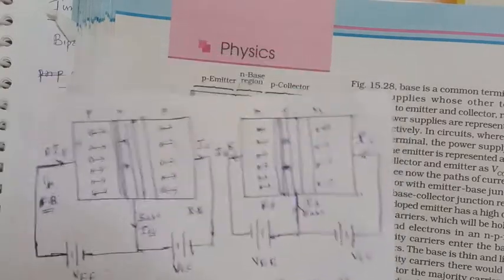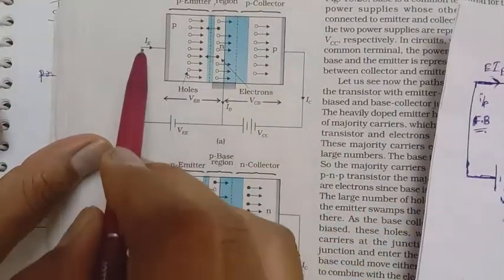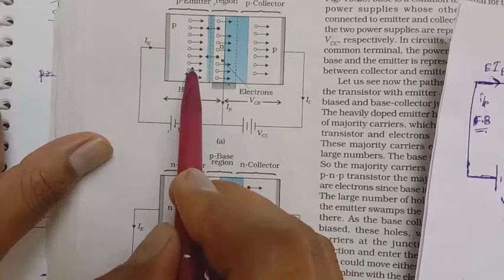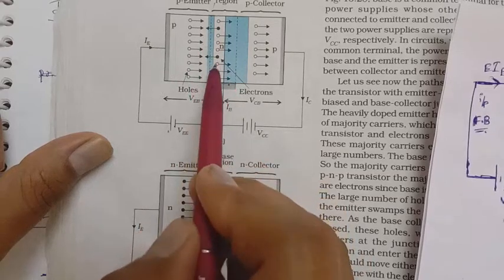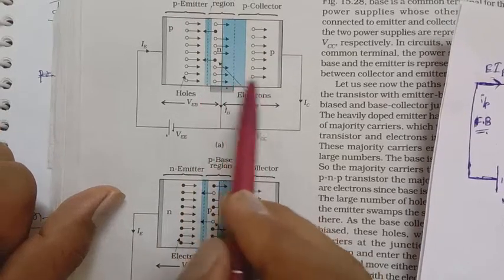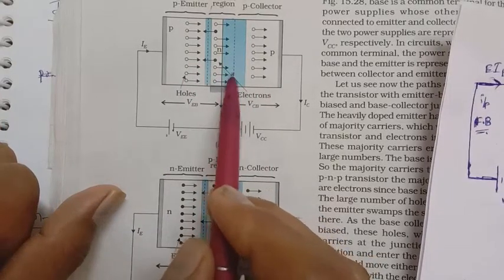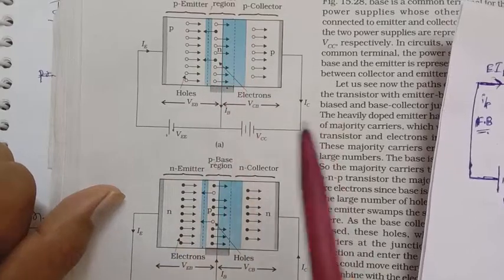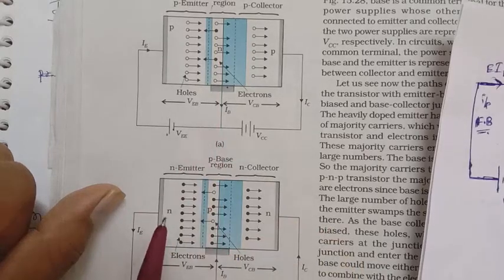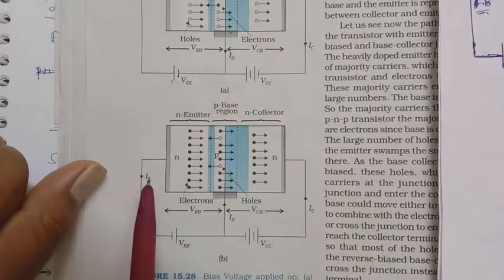All of you observe the diagram, the textbook diagram. It will be very clear. So it is connected in forward bias. N is connected to negative and P is connected to positive. That's why the holes are moving towards the junction and the electrons are moving towards the junction, then the width of the depletion layer decreases. Here the holes and the electrons are moving outwards, so the width of the depletion layer increases. So it is connected in reverse bias, and this in forward bias. It is a common base configuration. Here the current is inwards, and here the current is outward in direction.